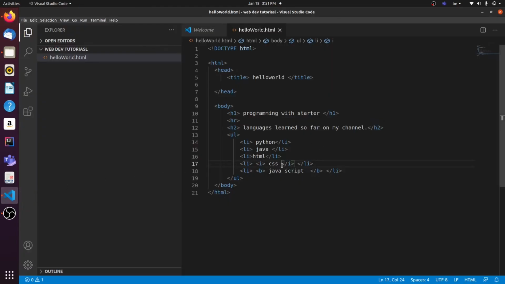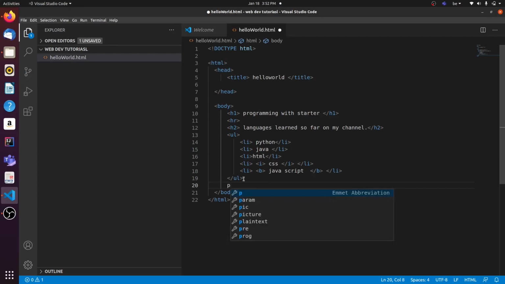What can I show next? We've seen the tags so far, H1. Oh, let's see the P tag. You want to get out of your list. Now you want to type the P tag. I want to show you the P tag. P tag actually means paragraph. So what should I type in there? I'm just going to say